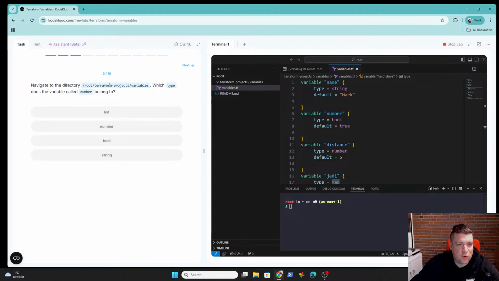Navigate to the directory, root Terraform. I will update the title of my stream: Learning DevOps or Become DevOps. Learning Terraform. To become